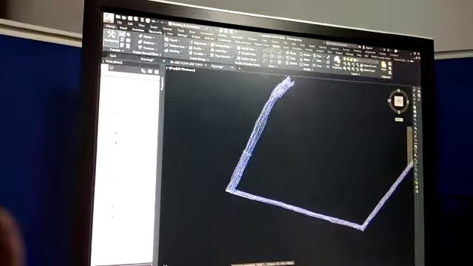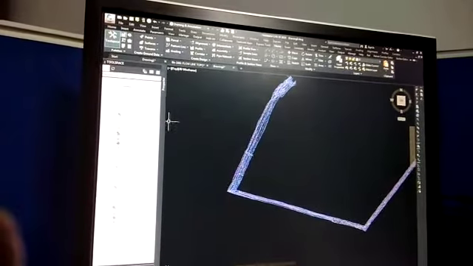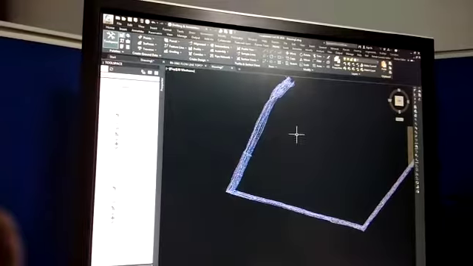And next step, now we are creating surface.